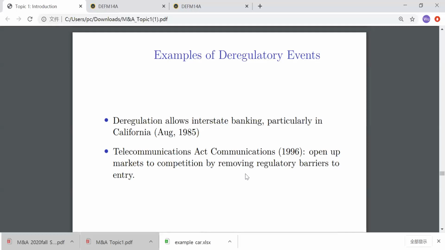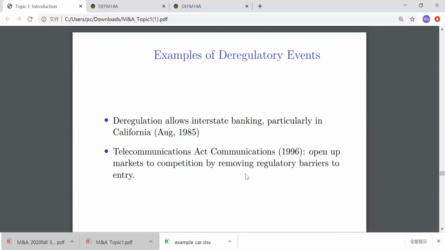So you can see if you allow this, this drives the merger acquisition activity, right? For example, one way I can enter California if I'm a New York bank is that I acquire a regional bank in California, right? For example, JP Morgan Chase acquires a regional bank in California and then changes the name to JP Morgan Chase, right? That's how JP Morgan Chase entered California.